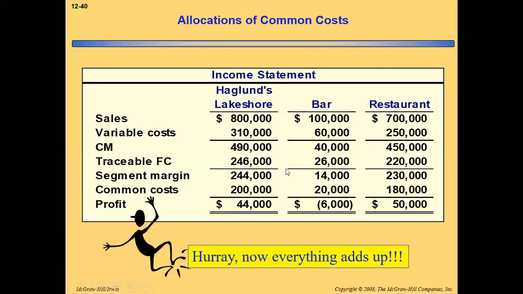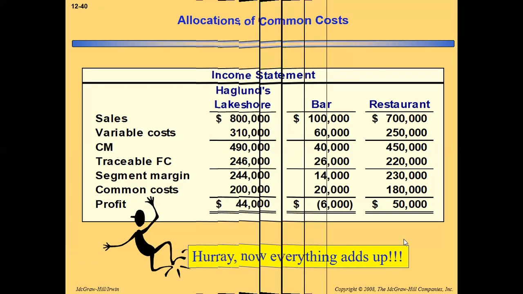Now here you see based on the previous example 2 lakh taka is the common cost. So if we allocate, if our allocation base is clear, if we know that 1000 square feet is actually specified by the bar and restaurant occupied by 9000, then in that case you see bar is an unprofitable segment and restaurant is a profitable segment. Bar is minus 6000 and restaurant is 50,000. Clear? যখন কনফার্ম হইছেন তখন এটাকে অ্যাকচুয়ালি ডিডাক্ট করে দিবেন।